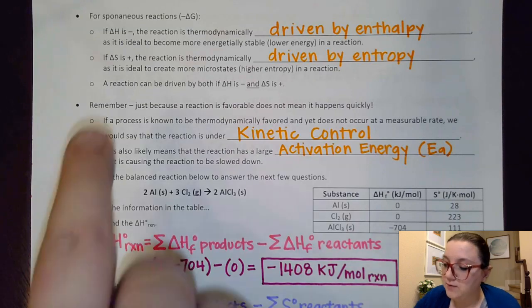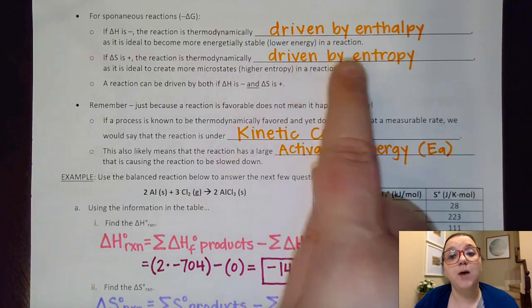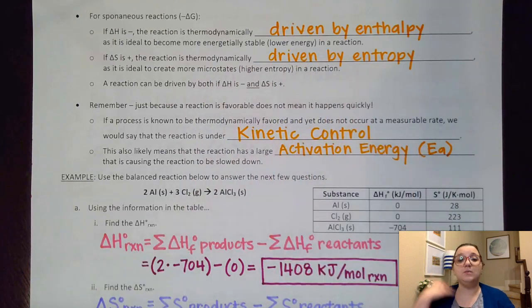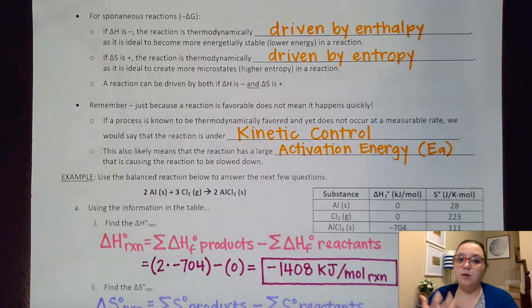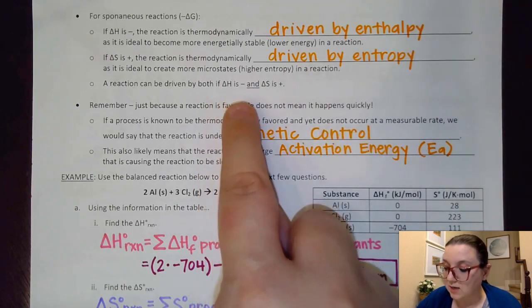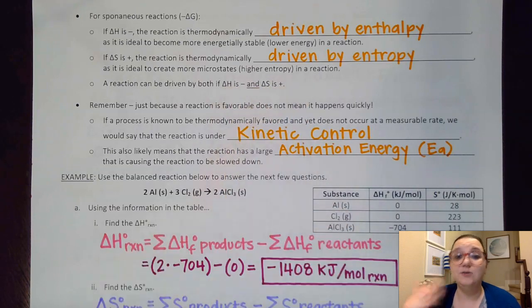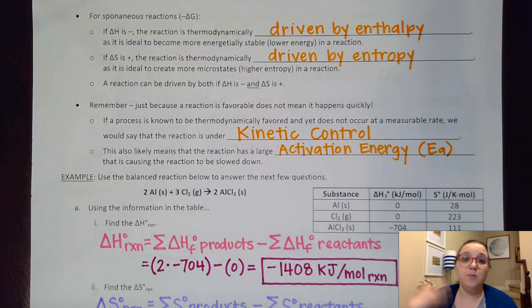one. If the delta S is positive, the reaction is thermodynamically driven by entropy. The entropy is providing the opportunity for us to be favorable because it's ideal to create more microstates. Now, a reaction can be driven by both if the delta H is negative and the delta S is positive. If we have that ideal set of conditions where we're exothermic and increasing entropy, then it's driven by both, which is why it is the best type of reaction that we can have, because both enthalpy and entropy are driving